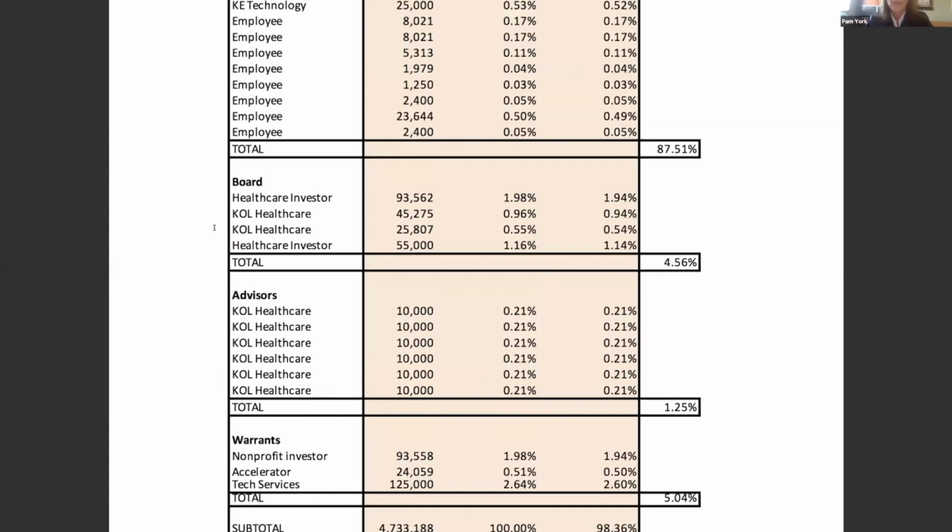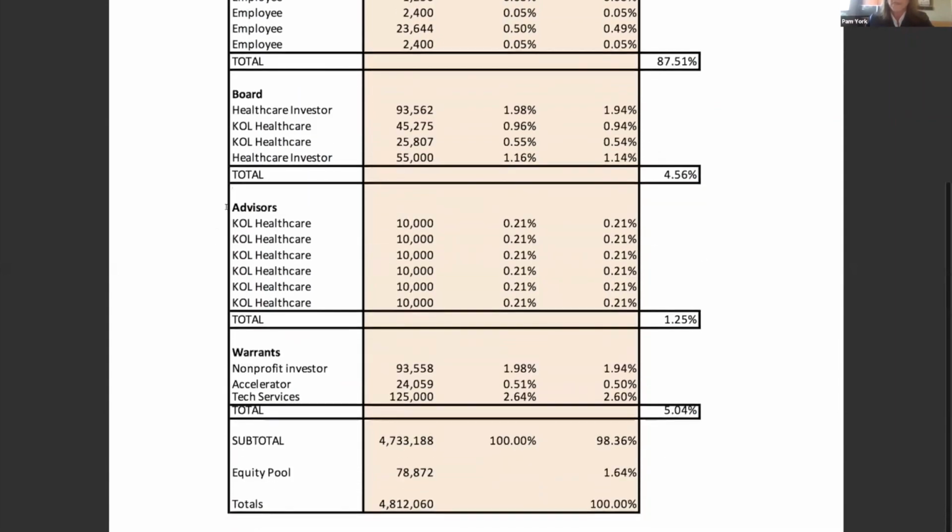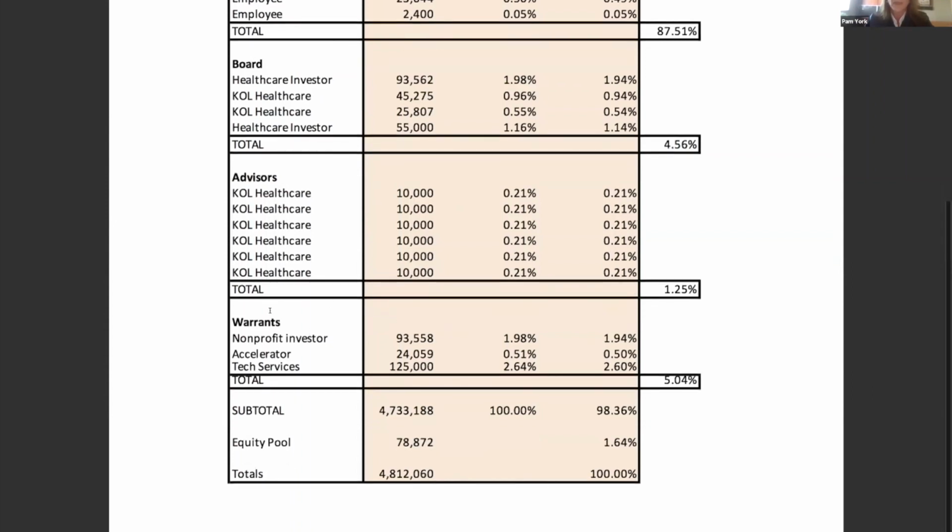So we looked very carefully at those people. They're compensated at what you would expect given their board positions, and they're people that are prepared to advise the company. They had also brought on a number of key advisors in healthcare with different levels of expertise in different sectors, and they're all compensated appropriately with equity. Again, for this portion of the cap table, these are all grants or options. These people are not investing money to receive this equity; they're given options or grants. And then finally, warrants.